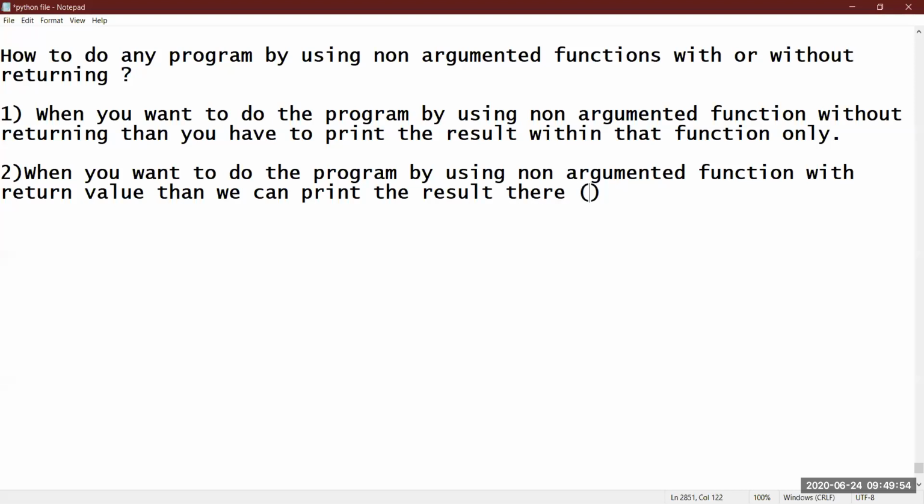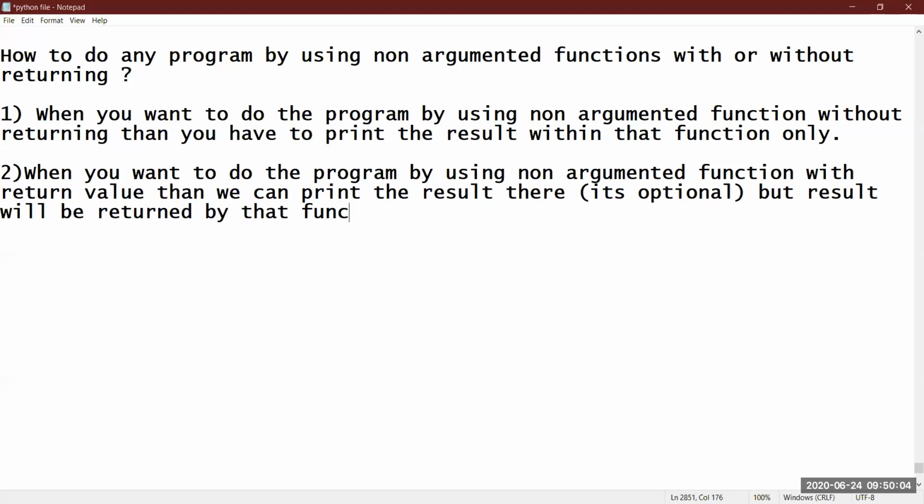It's optional actually. You'll understand when I do the program. It's optional, but the result will be returned by that function. Okay. So these are the 2 theoretical points.